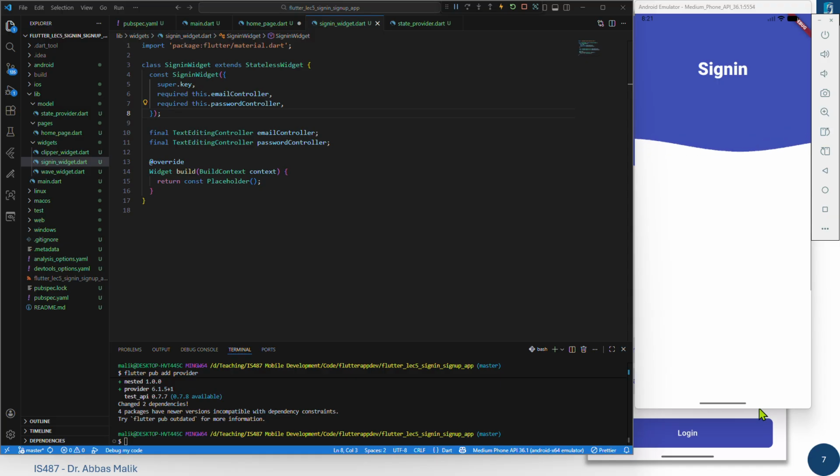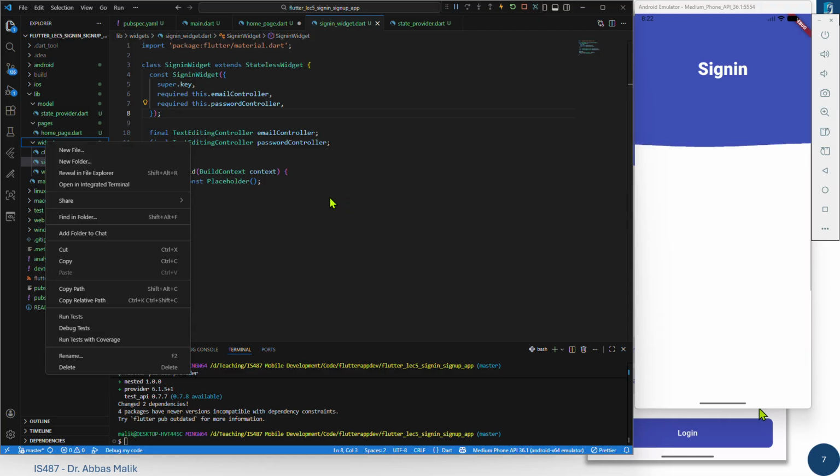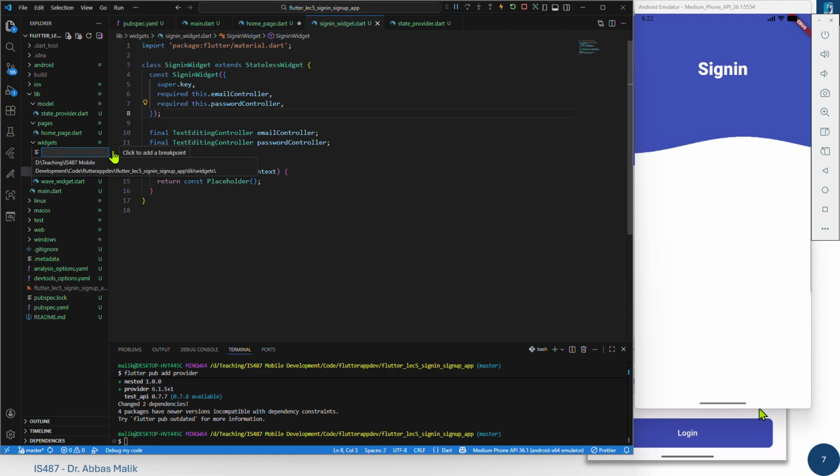Again, for the text field, because we are applying the same styles on all the text fields that we are going to use, it is always better that rather than writing those styling and things again and again, because in the sign in we have the email and the password. In the sign up, we have the name, email, password, and the confirm password. So we have 6 times we need to write that specific style. So rather than writing them 6 times, we write only one time, and then we can only change what is required. So we say text